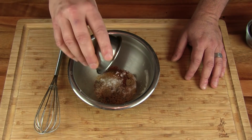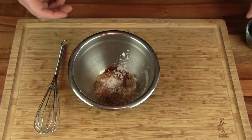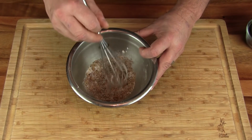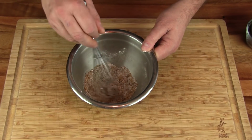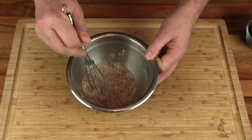And a little cornstarch here that'll help combine this a little bit. And that's it, nice little rub. We'll get that mixed up. And I think I'm gonna have to make a little bit more for our steak. This is obviously a single serving. So I will make another batch and we'll